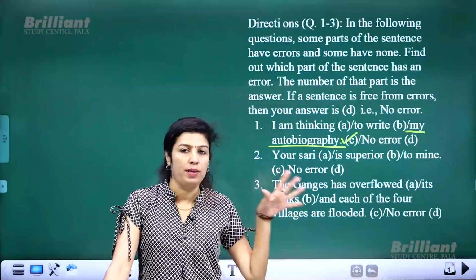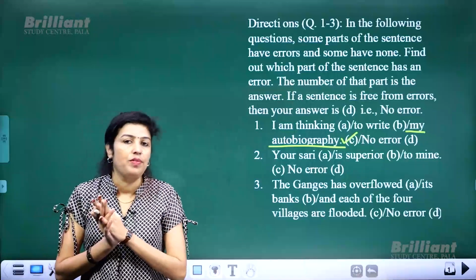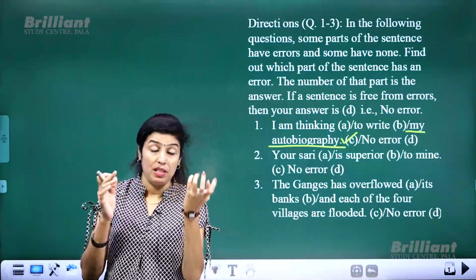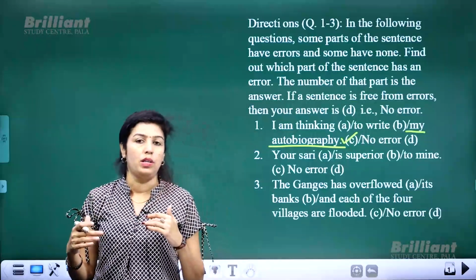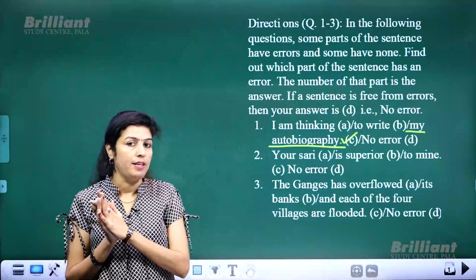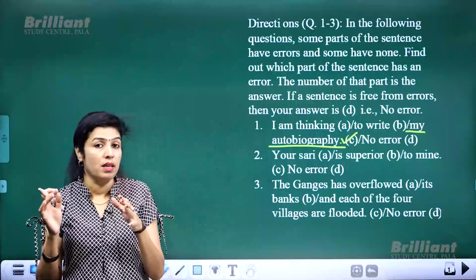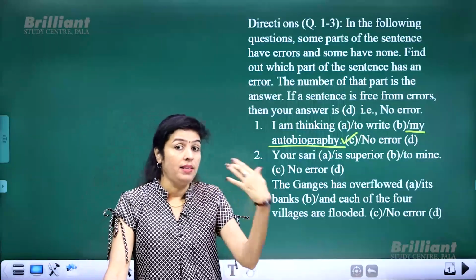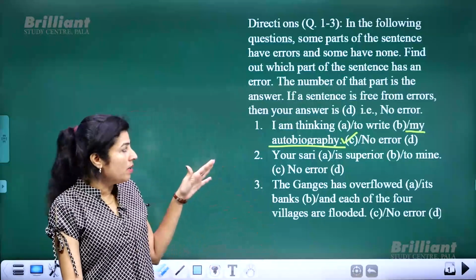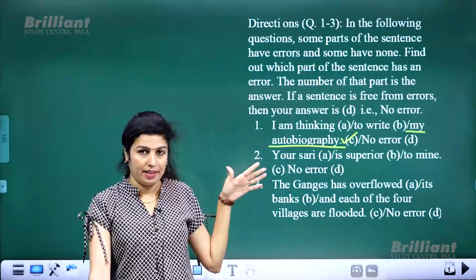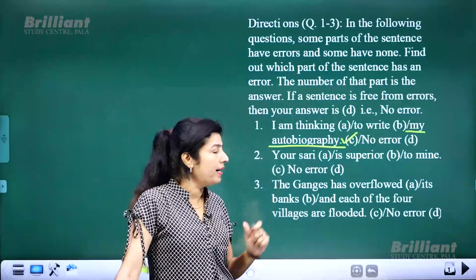Now you will be wondering what is wrong with that particular part, right? See, there are certain words which, if you use them before another word or in a sentence, make that structure superfluous, or a word which has been added in excess to what it really requires. Okay, so here remember, the first 2 parts are correct. I am thinking to write my autobiography. Here the third part has gone wrong.